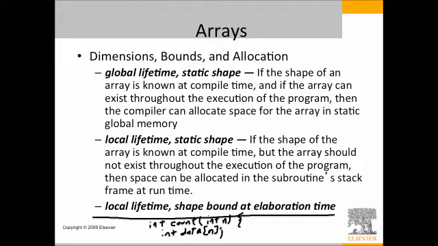Its size is not known until you actually execute the function, and each execution of the function may have a different size array. So we say the shape is bound at elaboration time,